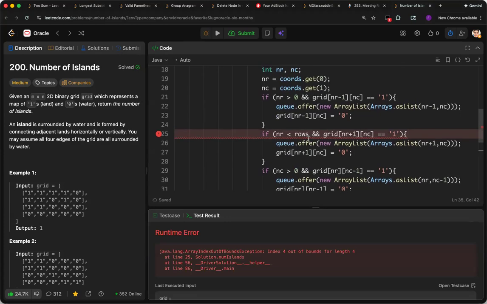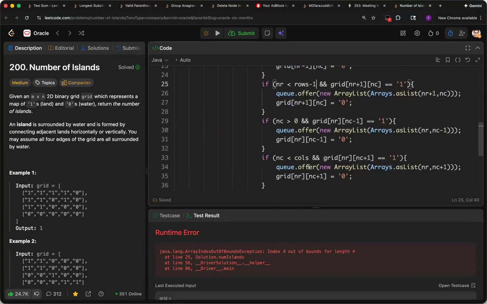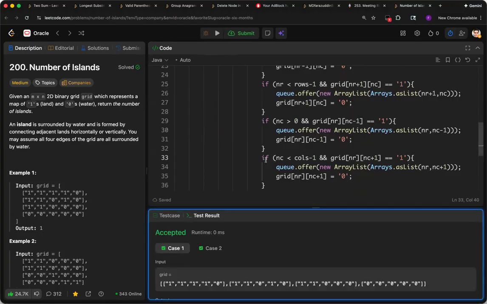We did check, right, that if nr is less than rows, then only we will do this. I think it should be rows minus 1. And similarly, here it should be columns minus 1, because let's say there are 4 columns, then your column value, let's say if it is at 3, it shouldn't go to 4. So I guess it should be this. Yeah,